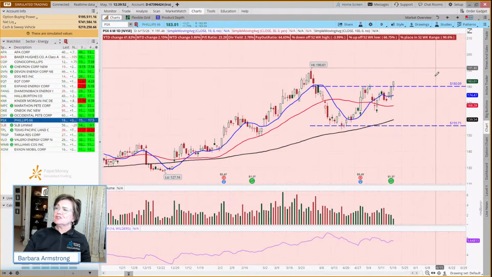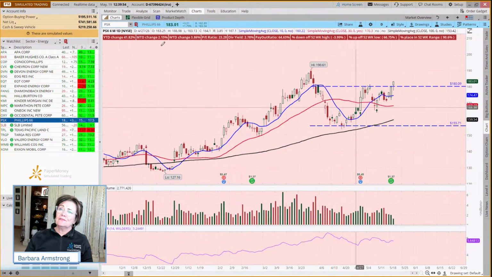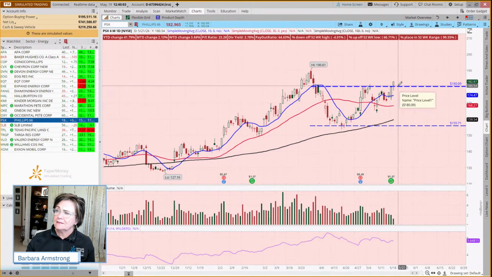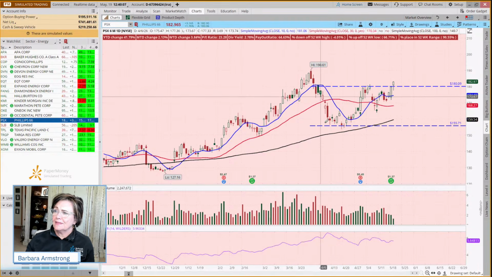And what would your position size be? Well, maybe 150 shares in this account, if we're saying we want our max position size to be no more than $25,000. And this one would be based on the width of this cup and handle pattern.